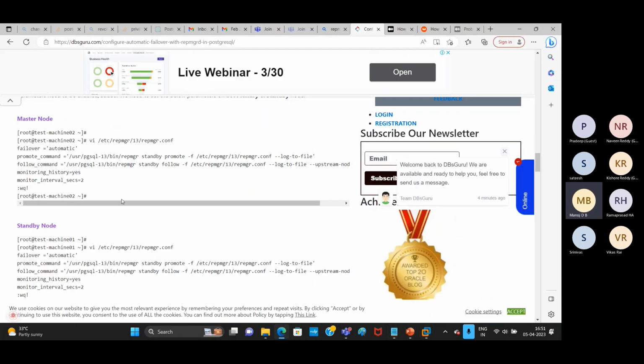Let's go to the document. See here, guys. The first thing is failover. We need automatic failover, so that's why we need to specify failover equal to automatic. And also, one more thing we need to mention